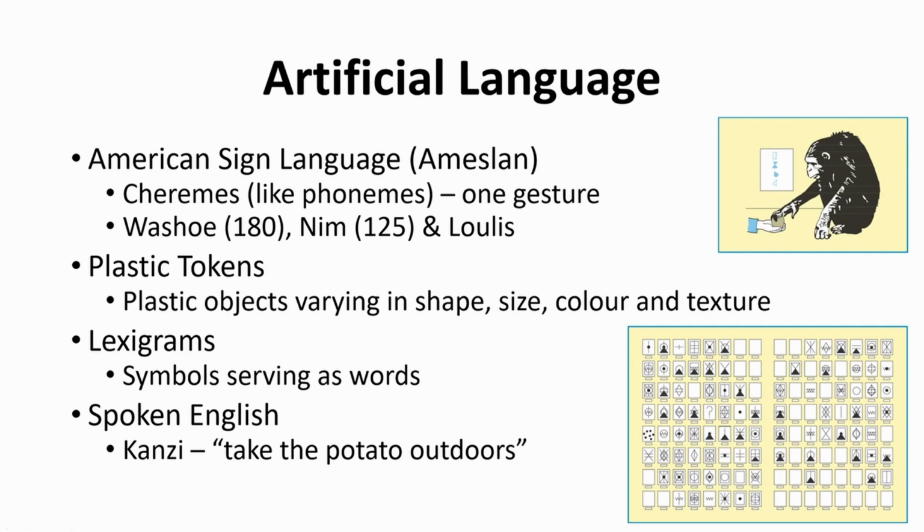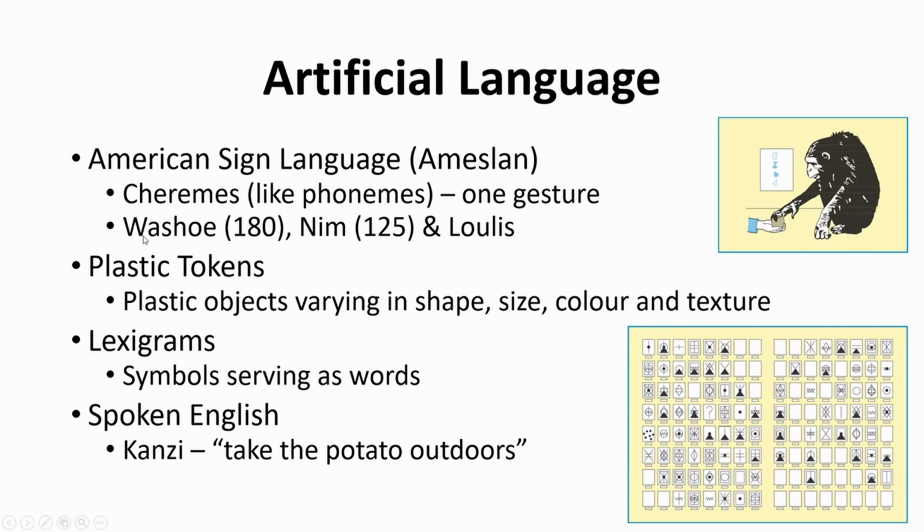In sign language, they're called chiremes. If you were speaking, it would be called a phoneme, which is just sort of like a single syllable that you can say. So these chiremes are single gestures, and there's been a number of different apes, these are names of specific apes that have been able to learn these different phonemes or